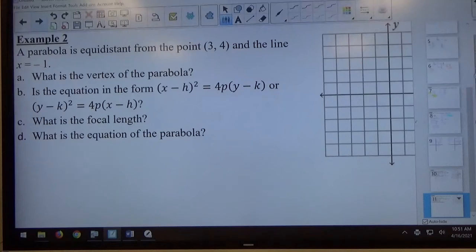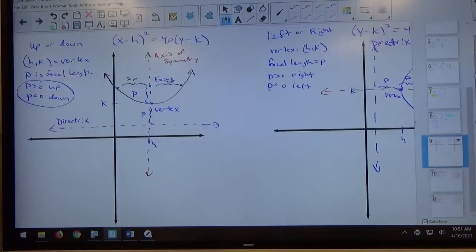So example 2: a parabola is equidistant from the point (3, 4) and the line x equals negative 1. So let's talk about the wording of this one. A parabola is equidistant from a point and a line. So if we go back here to this picture,